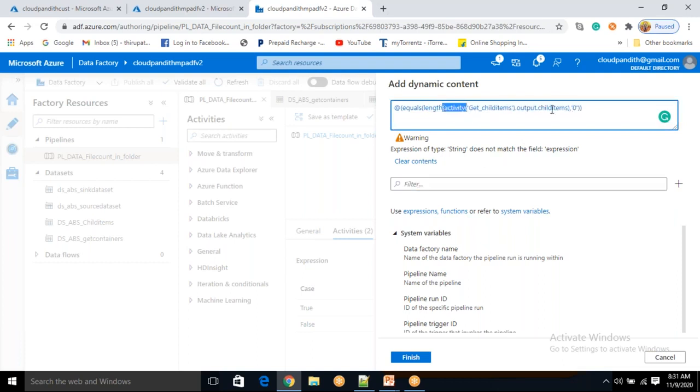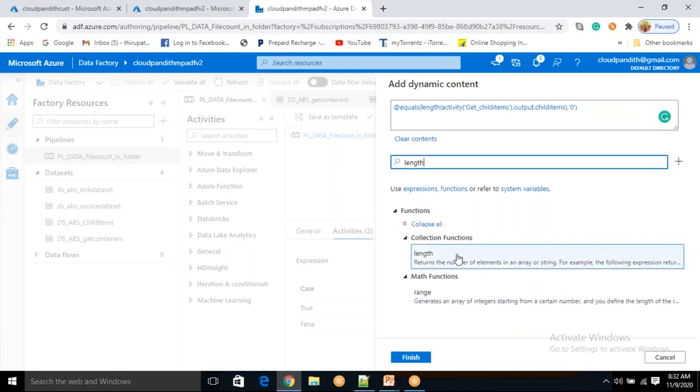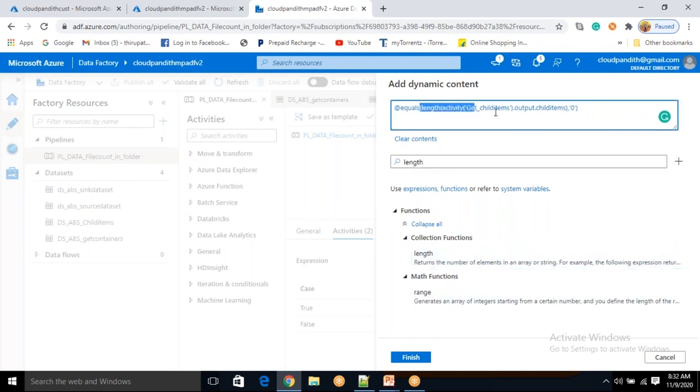So in all the conditions, this is false and this, okay. Equals length of activity. Let me remove this. So in this case, what happens? You will have only this length. One second, let me just try to understand this. Length is going to return the number of elements in an array or string. Let's imagine this is going to give the string. For that, I just included my 0 value here. So when I ask empty array, it is going to give me,